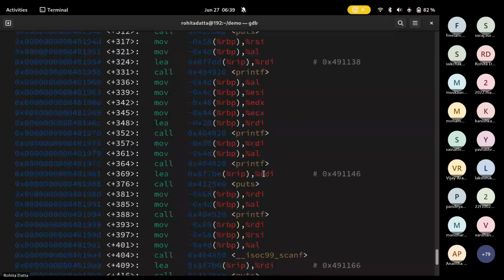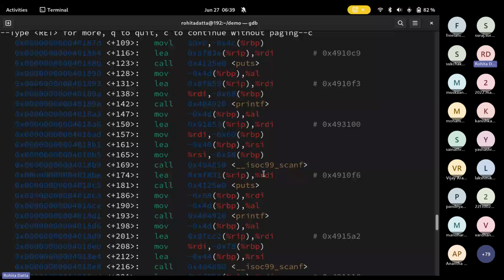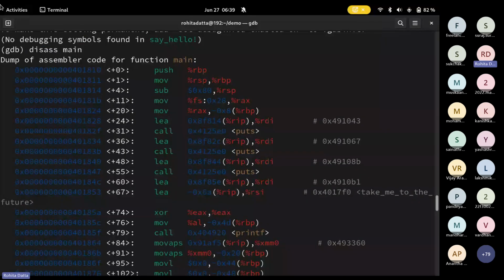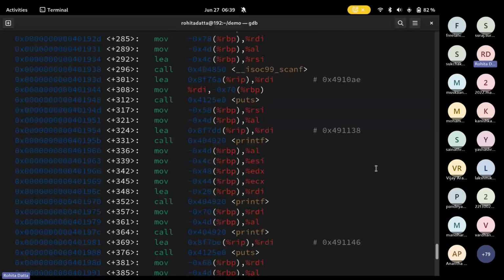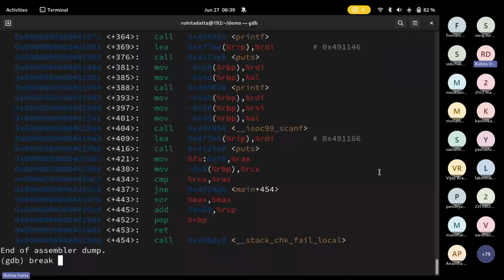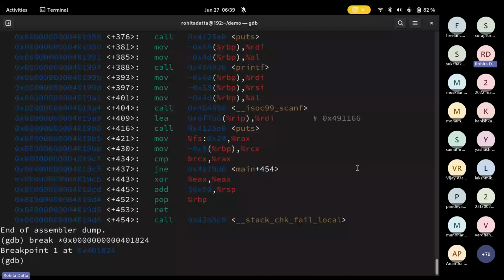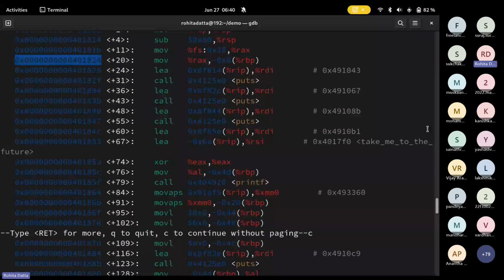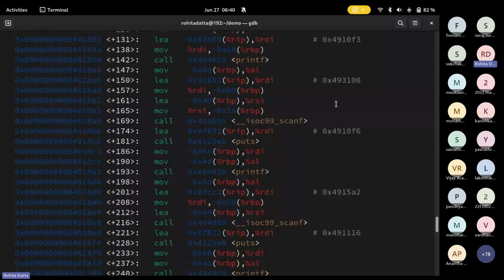So my goal is to see how exactly I can print values. Firstly, I'm going to set a breakpoint right after the canary is loaded into RAX, because I want to make sure that whatever I'm printing is the canary itself. So I'll set a breakpoint there. And then after my very first scanf, after you've written into the buffer named buffer, after the first scanf,